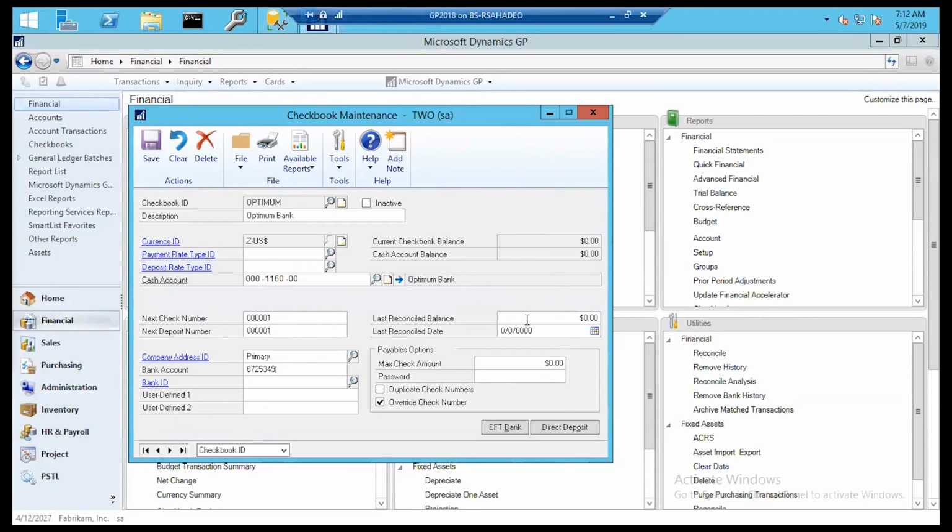Also, notice our last reconciled balance and last reconciled date is 0. And the reason it's 0 is because this is a brand new checkbook. So my system is on April 2027. We're a little bit into the future. And so all of the entries that I input today are now going to flow to this checkbook. So our last reconciled balance and date will stay at 0 until I actually perform my first bank recon, which